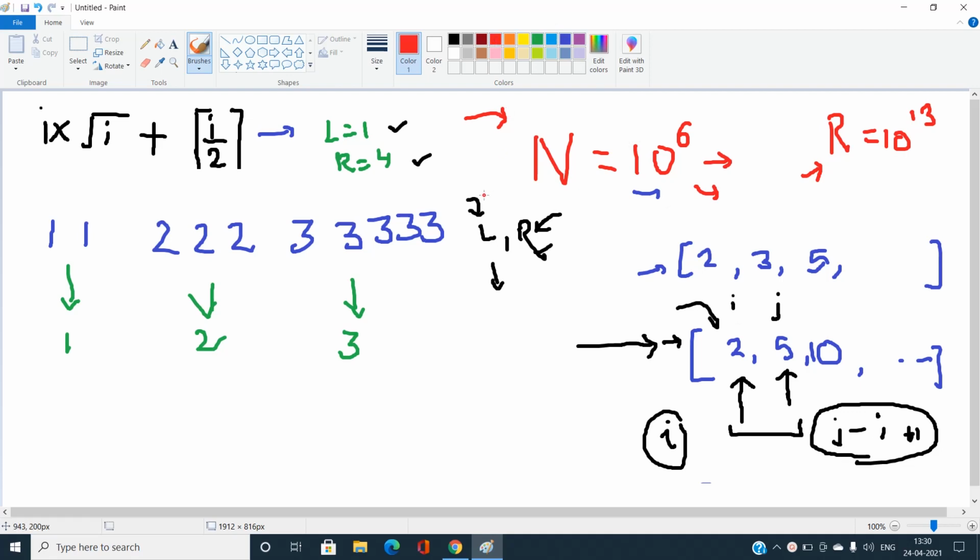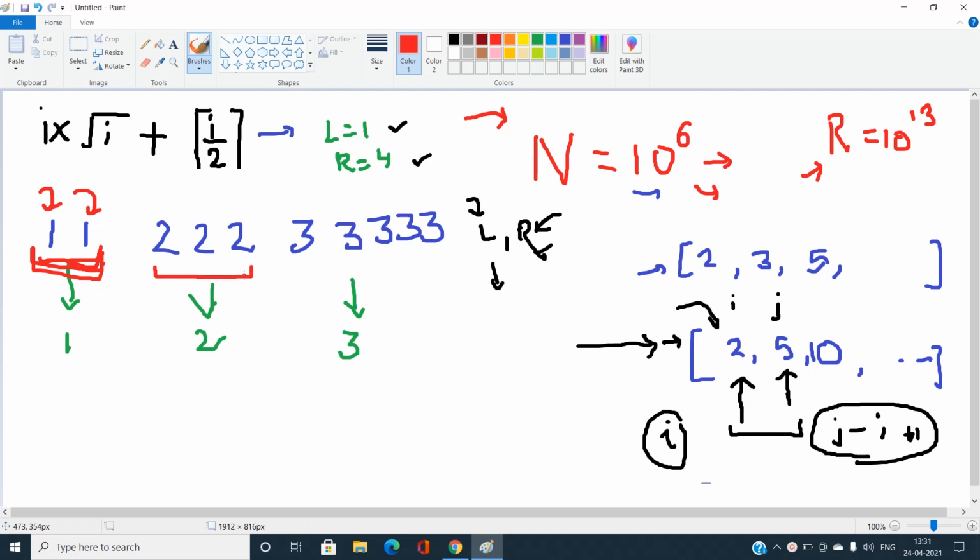Okay, now you can easily see that if L is going to be 1 like this one, it means that until this value of 2 we have the same elements, that is 1 and 1. So I can easily try to find the minimum index I such that the value at this index I should be greater than or equal to L. I'm trying to find this because, after that, we have some same elements: it is occurring exactly 2 times, and similarly exactly 3 times.